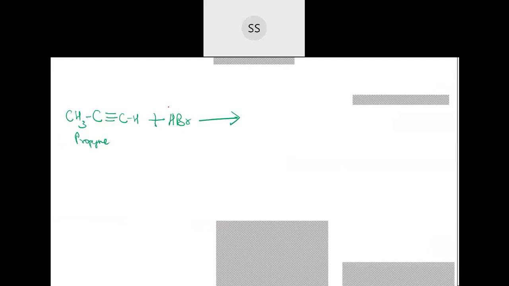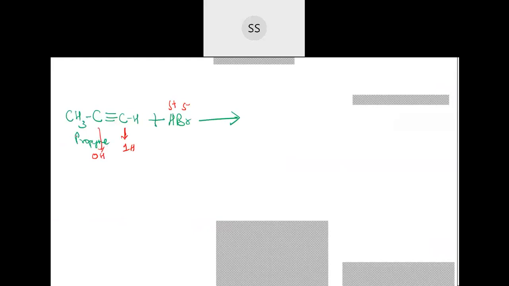Now break this down again. HBr I am breaking as H+ and Br-. See, when you are adding, you are supposed to add where the double or triple bonds are present. So we have the carbons over here with the triple bond. You can see this first carbon has one hydrogen and this carbon doesn't have anything, that means it's zero hydrogen. Correct? So where are you going to add now?